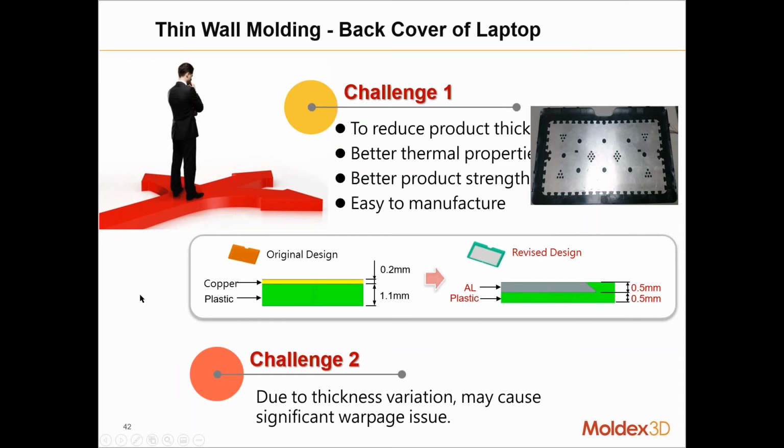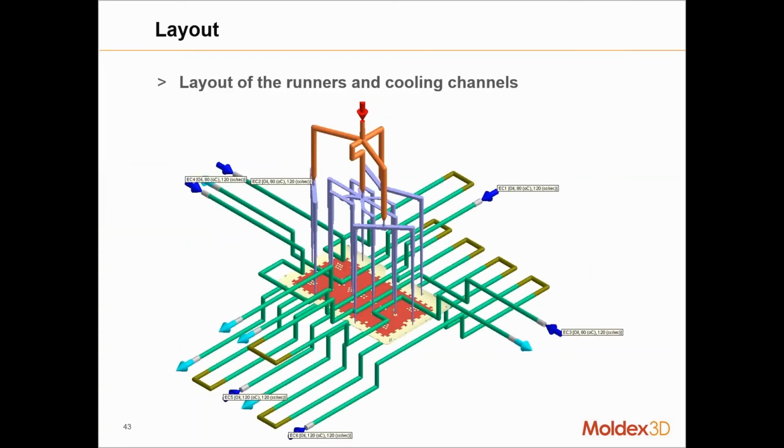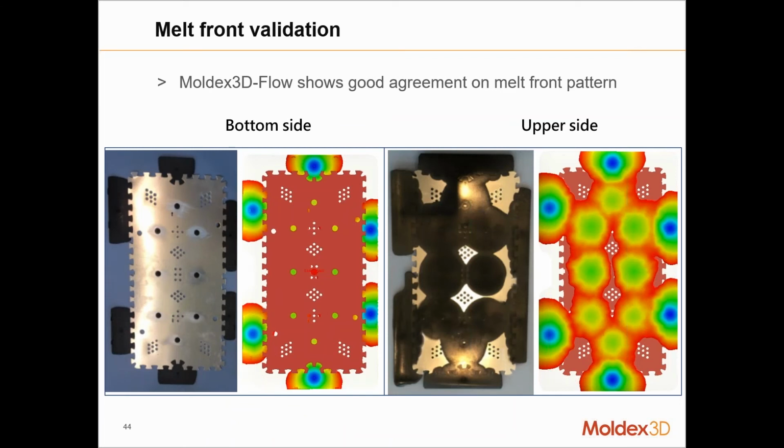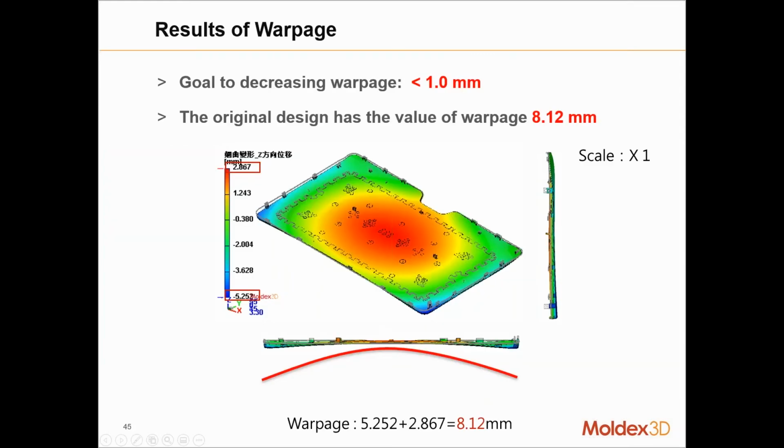To them, the advantages were better strength, ease of manufacturing, etc. You can see what the overall tool design was like here, what the runner layout was, hot to cold, and then what the cooling channel layout was. And in terms of flow progression, you are able to see from both the bottom as well as the top side how your melt front progression is like, how it is flowing over the aluminum, and then,